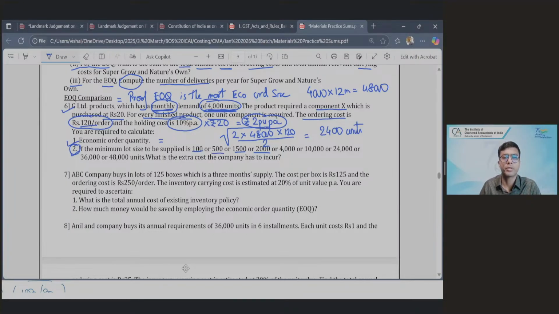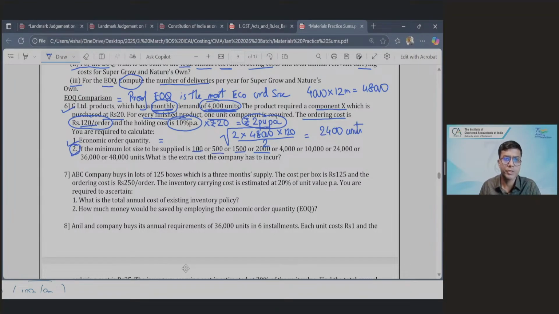In the exams, after calculating EOQ, they will ask you to justify how your EOQ is the best order quantity. How will you justify? You will have to compare the total cost. Total means ordering plus carrying plus purchase cost of EOQ with the same total cost of other options given in